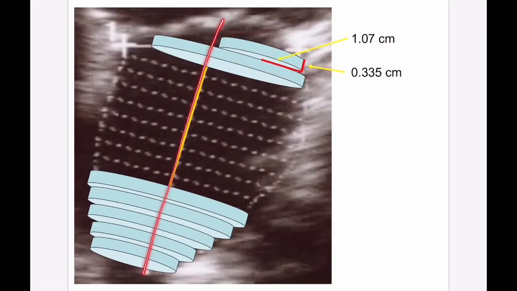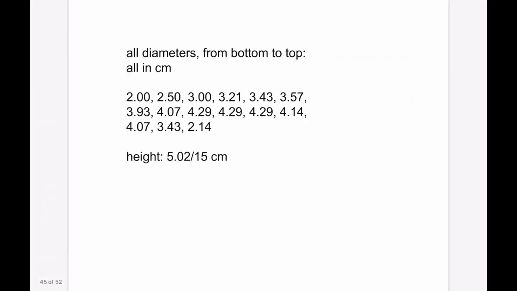Now notice that the axis of rotation here isn't fixed; we can do better than actually rotating around a fixed axis. I am doing a little bit better by shifting my circles. You can see that this one is centered somewhere here, and this one is centered here, and so on. And this last one is centered a little bit ways off altogether. So doing all of this, I can calculate all the diameters from top to bottom, which means that I can halve them all to get the radii. I can multiply them by pi, and then multiply by the thickness to obtain the total volume of the heart once I add them all together. Now, doing these calculations, I actually get